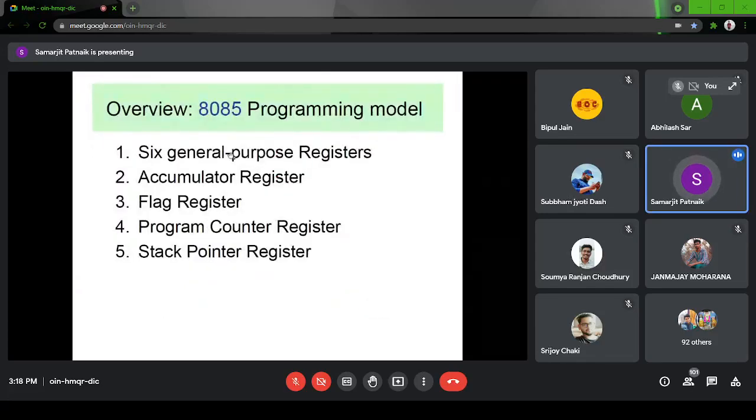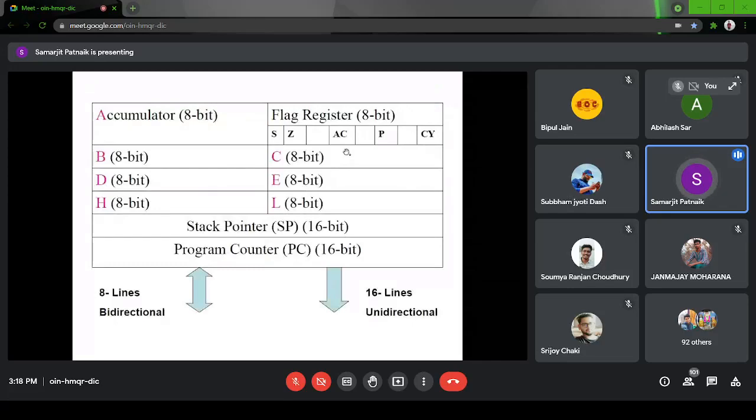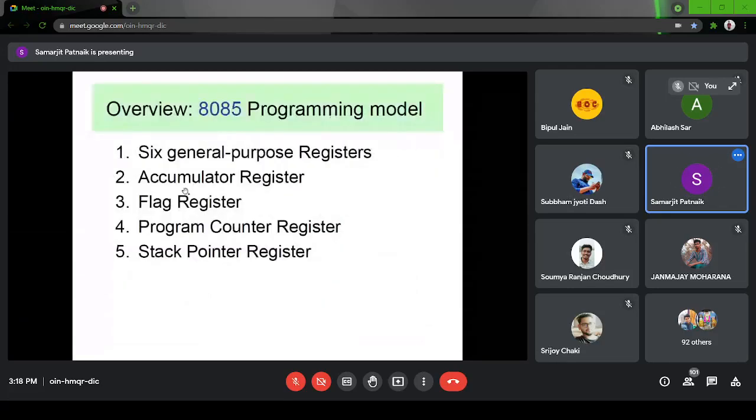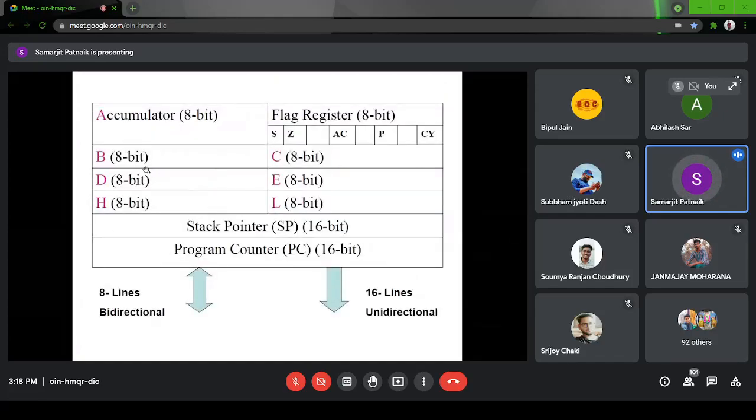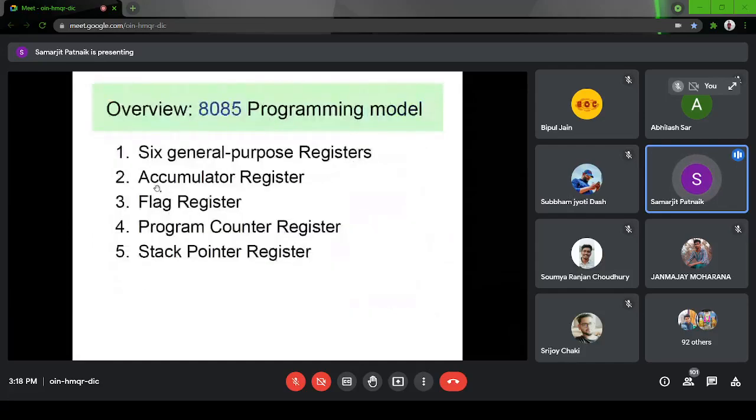Okay, so this is the overview. 6 general purpose registers, B, C, D, E, H, L. These are general purpose registers. Two, the accumulator register. What is the difference between a general purpose register and the accumulator? A general purpose register will only be used as temporary storage, like an intermediate value we can hold for some time. The accumulator is a special purpose register, not general purpose.